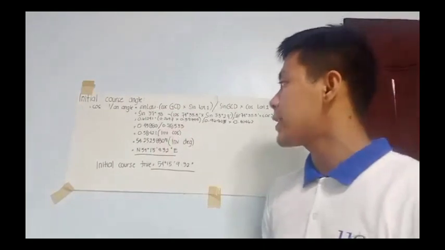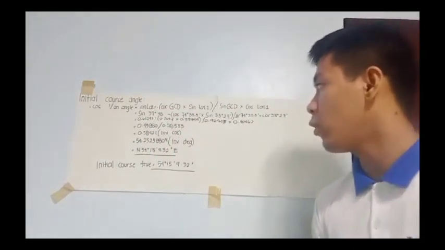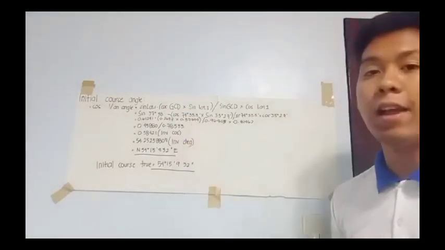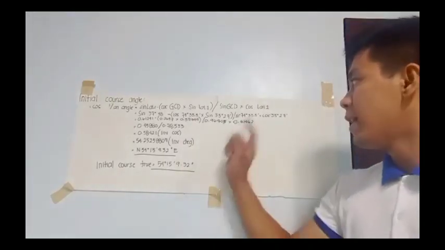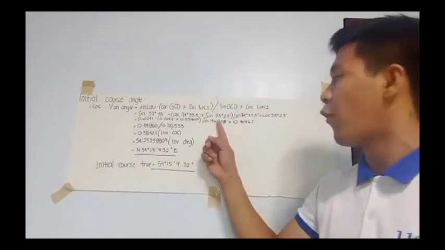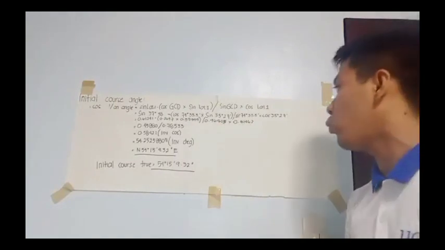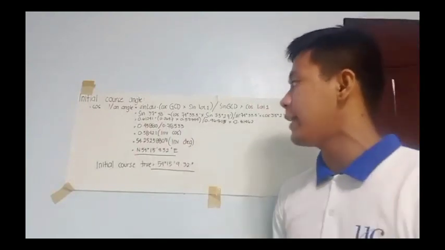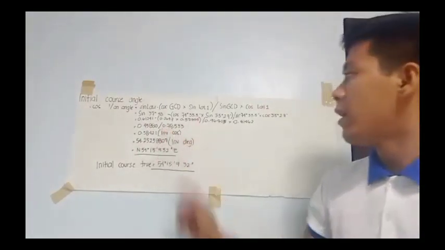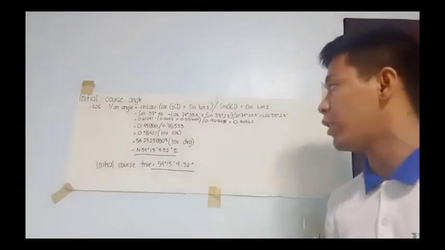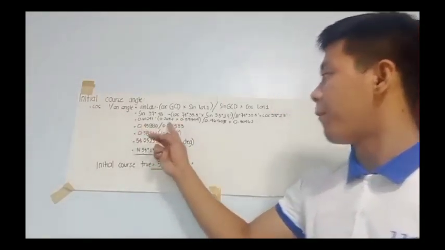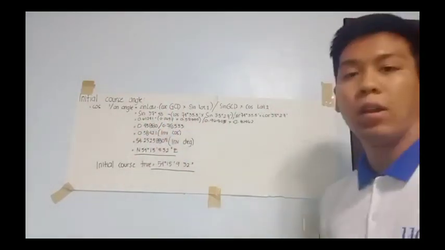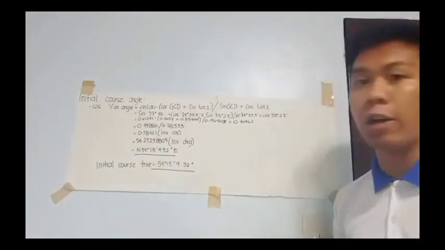So 0.6129 minus 0.2657 times 0.57999, all over 0.96405 times 0.81426. So the value is 0.54880 divided by 0.78533. The quotient of this one is 0.58421. Let us use inverse cosine, or in our calculators it is shift cosine, and the value is